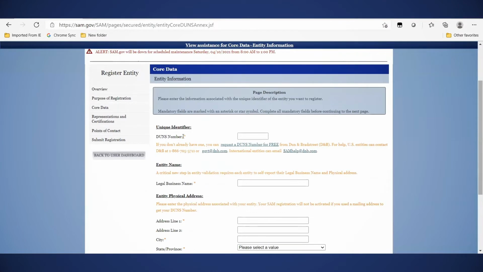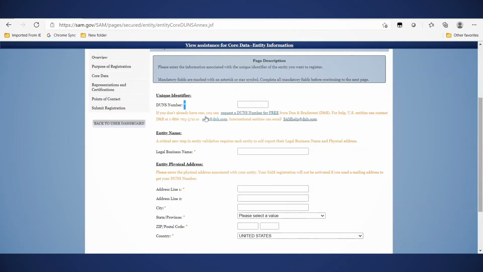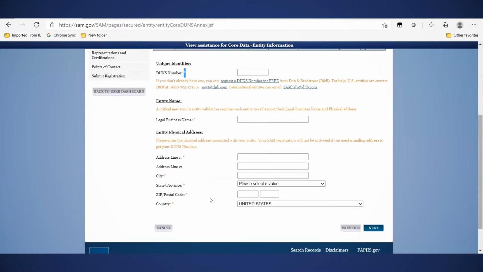When you see the asterisks, those are required fields. So you will start entering your information. And then on the address line, what I would recommend is, when you update or register for a DUNS number,